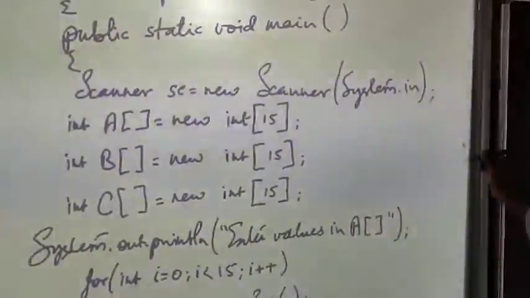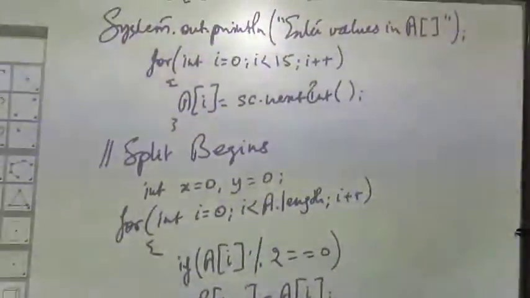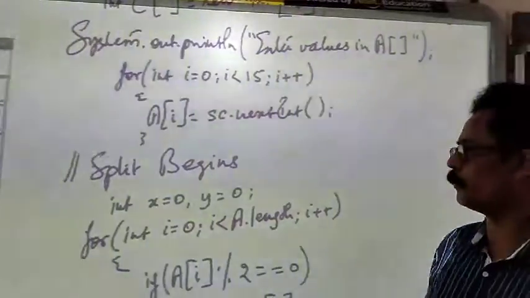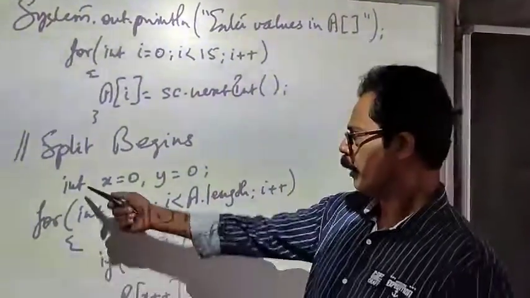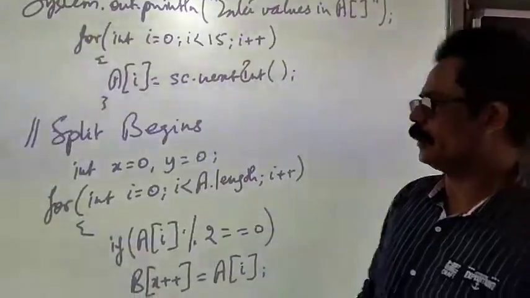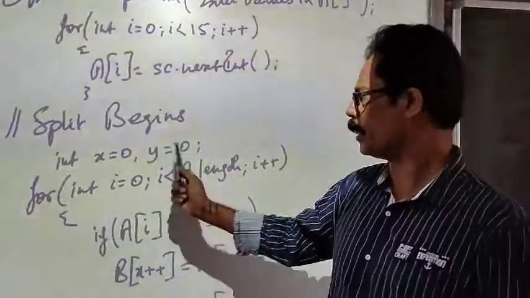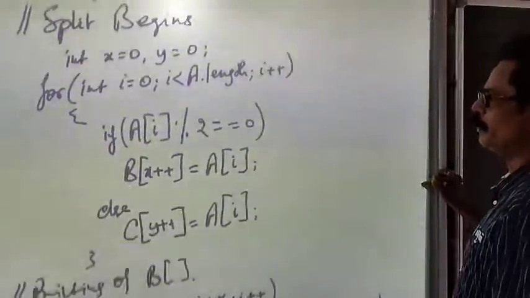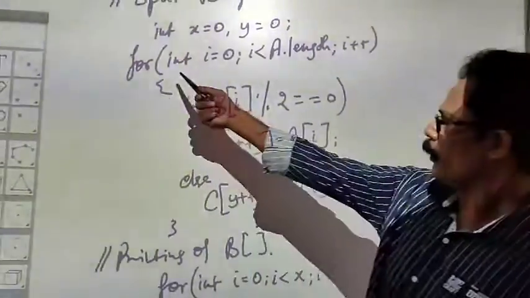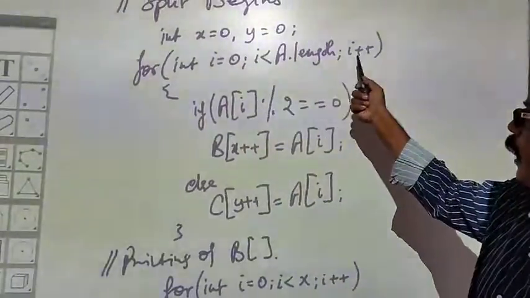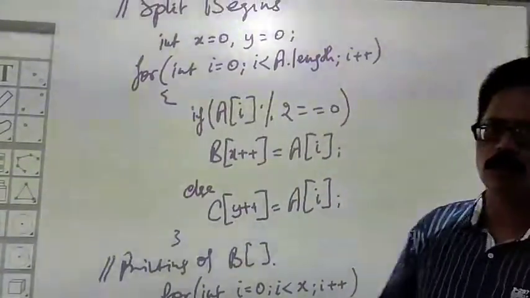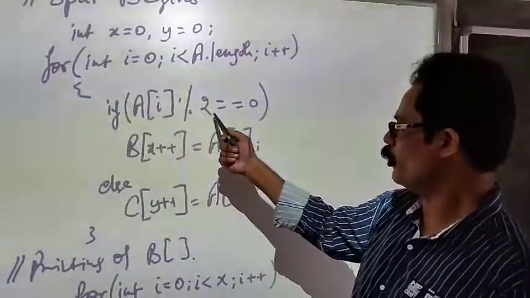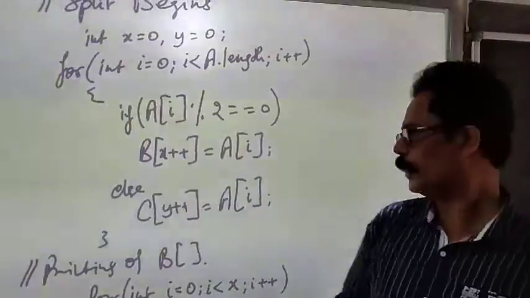So enter the values in A. A[i] is equal to sc.nextInt within the loop, that is 0 to less than 15. Take two variables representing the index of B and C respectively, x for B and y for C. So here within the loop, for int i equal to 0, i less than A.length, i plus plus, or since we know the dimension is 15, we can also write i less than 15. If A[i] modulus 2 equals 0, that means if it is an even number,